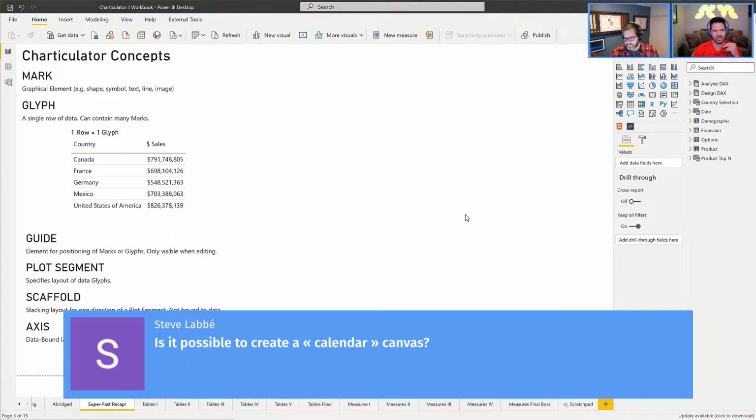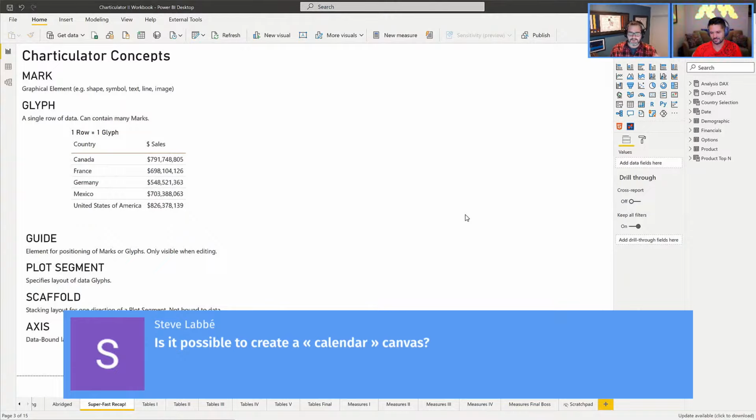There are a few that do have clickable calendar-type elements and pages and all that. But I'm not sure of the complexity to make that in Charticulator, or if it's even possible. I might be speaking for Steve here, but I see a lot of this online on Reddit and the Power BI community forums: a lot of the calendar visuals are useful, but they don't always satisfy the requirements of people who have very specific requirements for calendars, and this is exactly what we talked about before, where